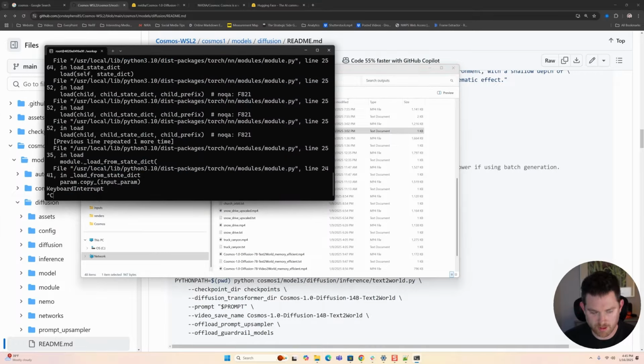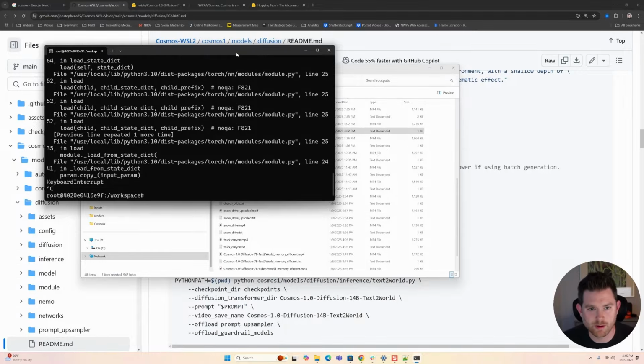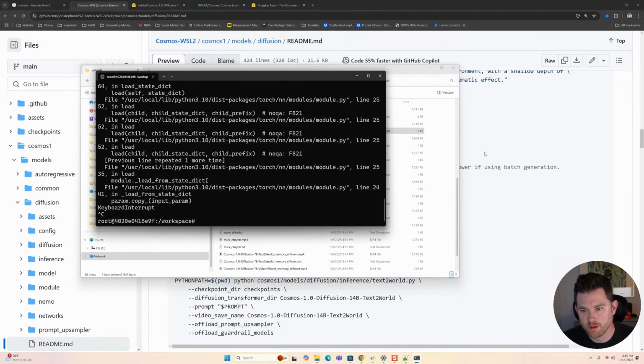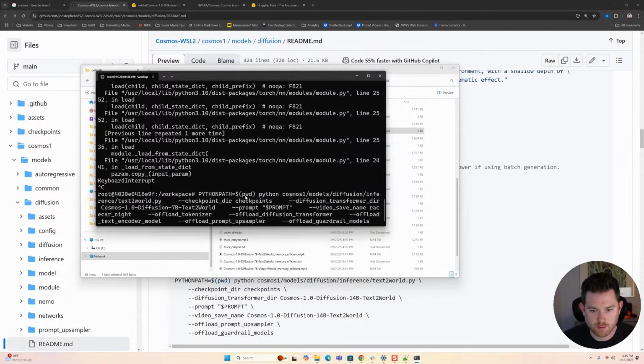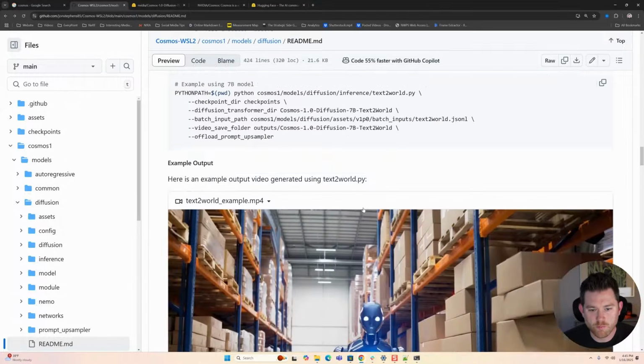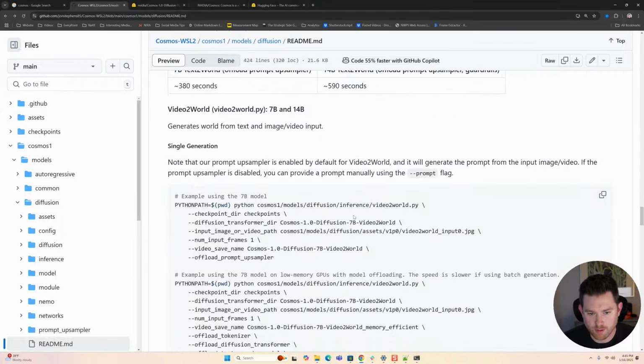I may run out of, I don't even know if I can run my recording while running this, because it is pretty intensive on my computer. So that's how you run text to prompt. Now, if I want to run that again, like so, but I want to override the prompt upscale so it doesn't change my words,